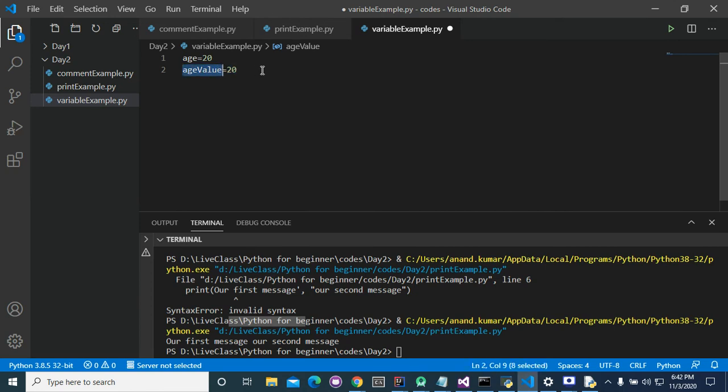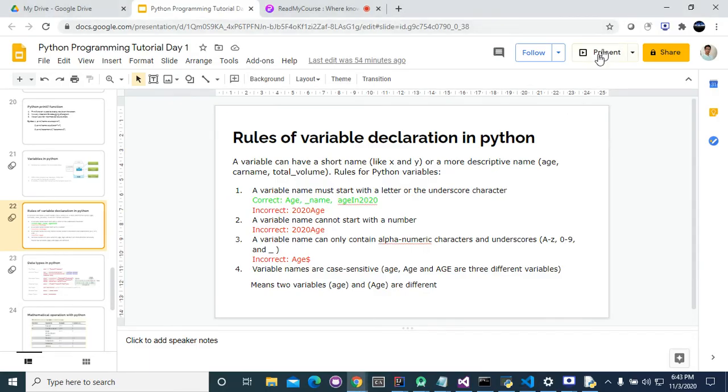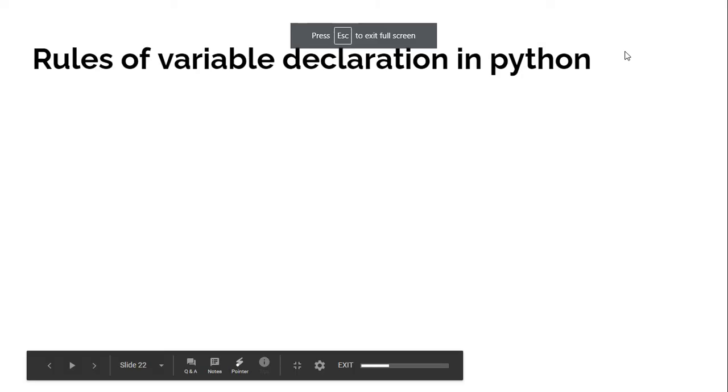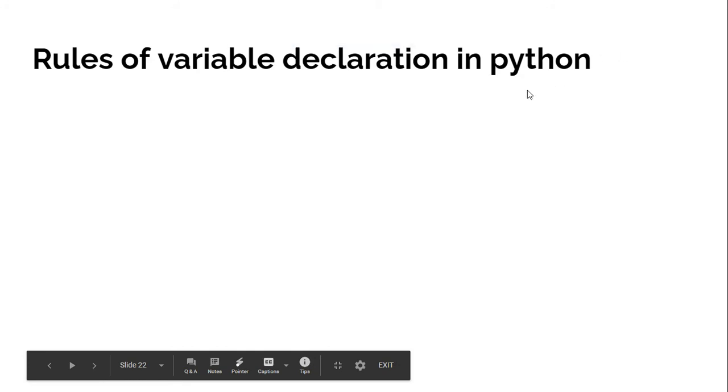Why am I explaining this? Because when you write code, it should be descriptive. It should have some logical meaning. And you can achieve this by making variable names descriptive, and you should keep the variable length as small as you can. This is basically not a rule. I am just explaining that you should do this.